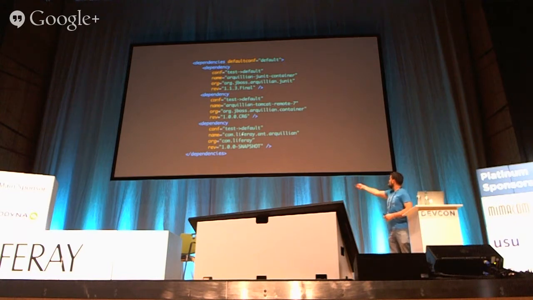this one. This is the one that we provide. So this is telling Arquillian how to build